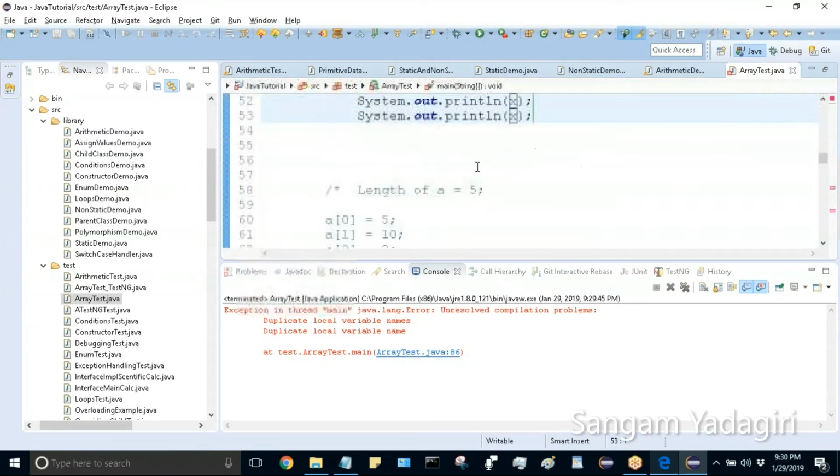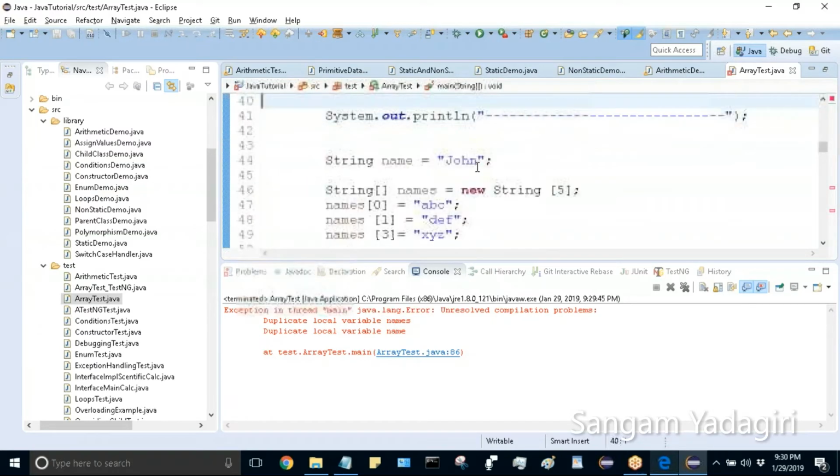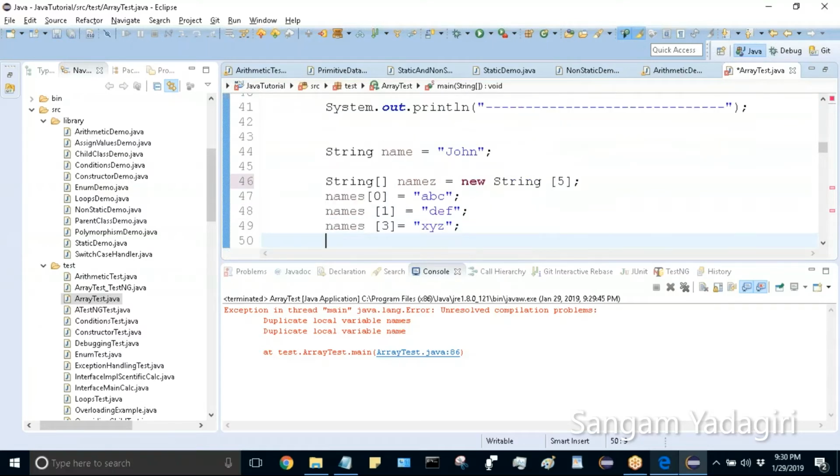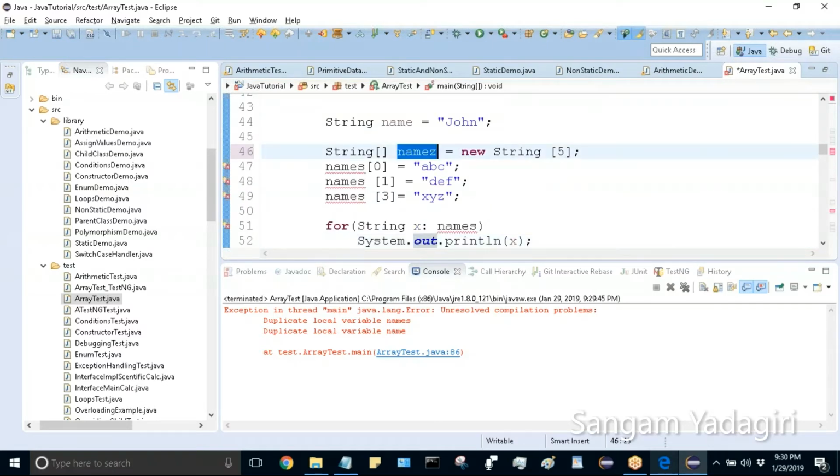Okay, names is already used. That's why every time I'm using the same. Okay, let's use a little bit different name. Let's use name Z. Because duplicate